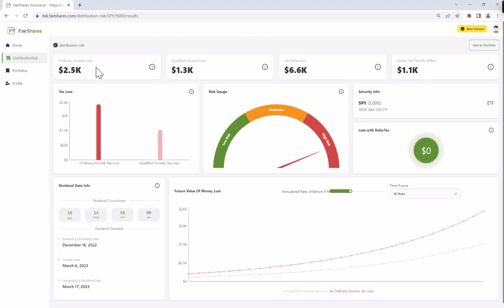So let's look at this SPY example. I can see that this dividend is going to pay in 10 days. Okay. So if I sell it now, I'm going to pay $1,100 more tax than I would if I just wait 10 days and wait for the dividend to be paid. That's a pretty substantial tax savings. So unless you have a pretty good reason not to sell this stock, maybe you should just hold this stock, wait for the dividend to be paid, and then collect that income in the form of a qualified dividend versus a short term capital gain.